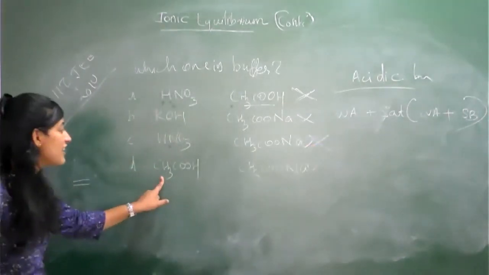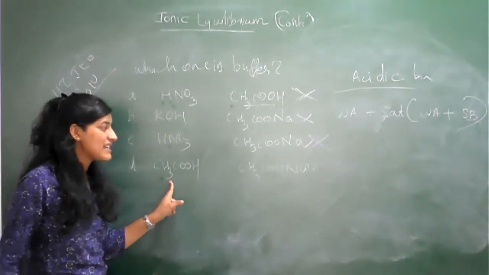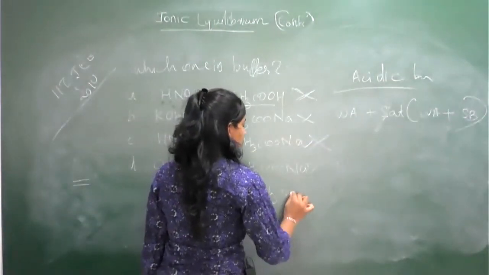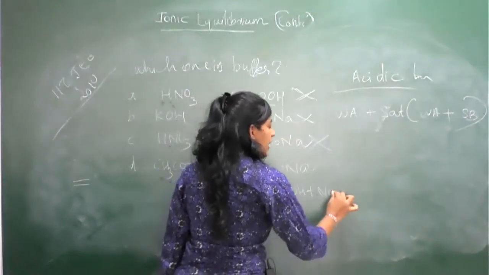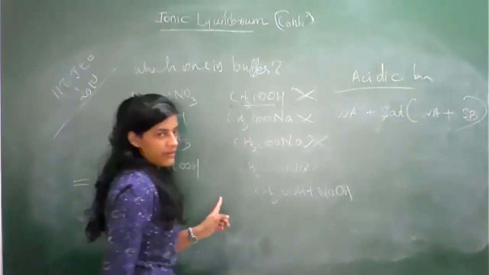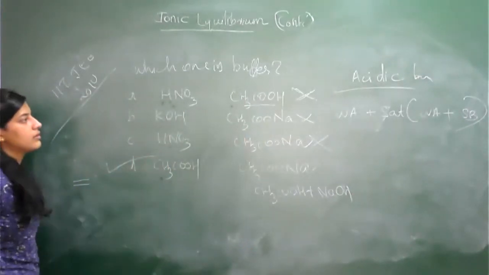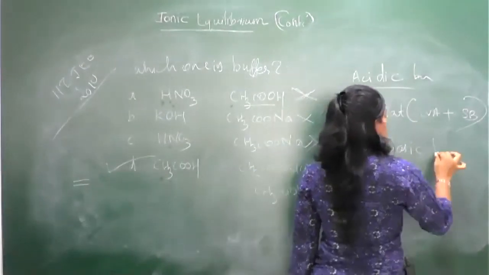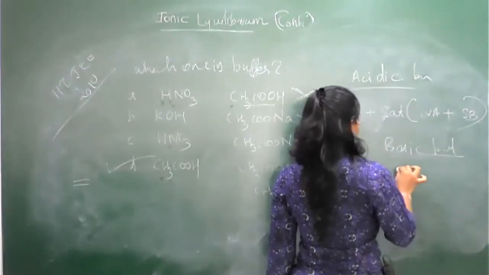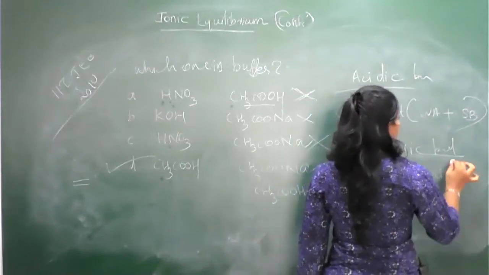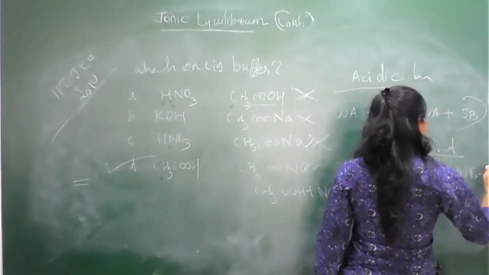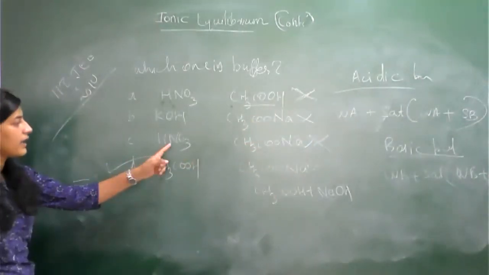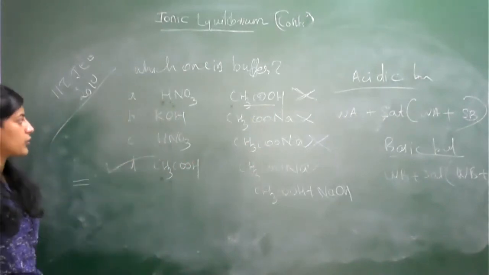Then what about here? Acetic acid is a weak acid, and this salt is formed by the CH3COOH plus NaOH combination. So it's an acidic buffer, right? This is an acidic buffer example. Acidic buffer is okay, but a basic buffer you also want to consider here. It's common: weak base plus salt of a weak base and strong acid. Both conditions you want to consider here. That's why these two get cancelled out.